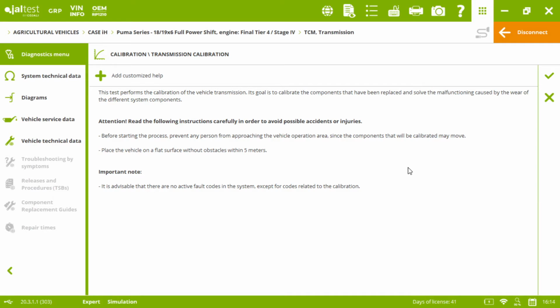As in any other action that we would like to perform in Jaltest, first of all, we will see information about the action. We will need to perform this action if we have replaced a component or if we want to solve the malfunctioning caused by the wear of the different system components. We will read the security instructions and then the important note that reads that it is advisable that there are no fault codes stored in the electronic control unit except those related to the calibration. Then we will click on accept,